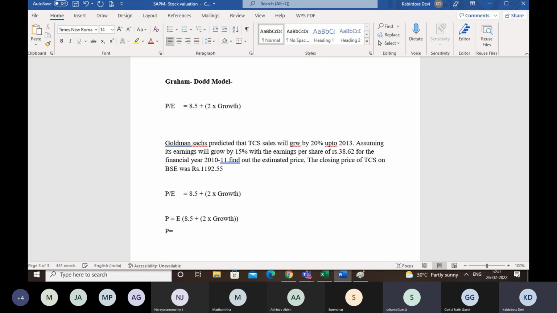P is equal to earnings, which is 38.62, into 8.5 plus 2 into the growth, which is 15. So that's all. What is the answer? The estimated price will be